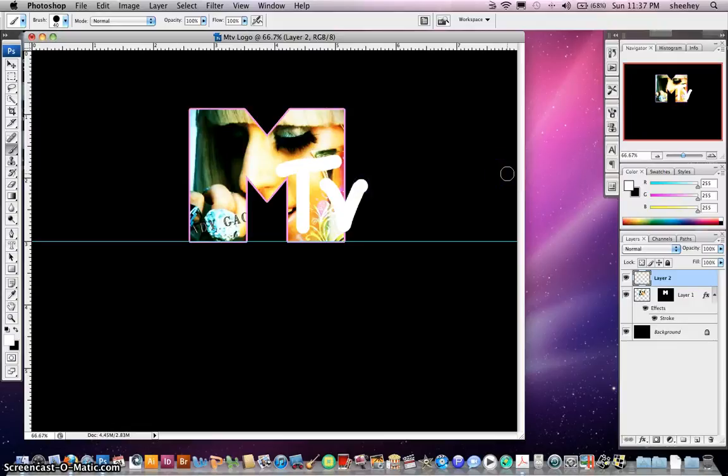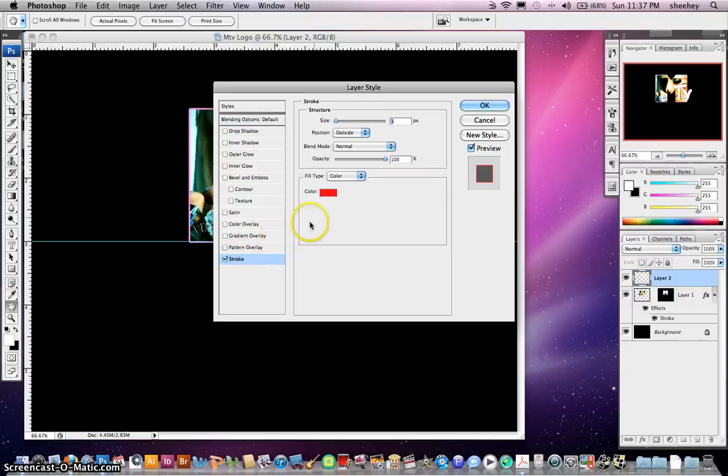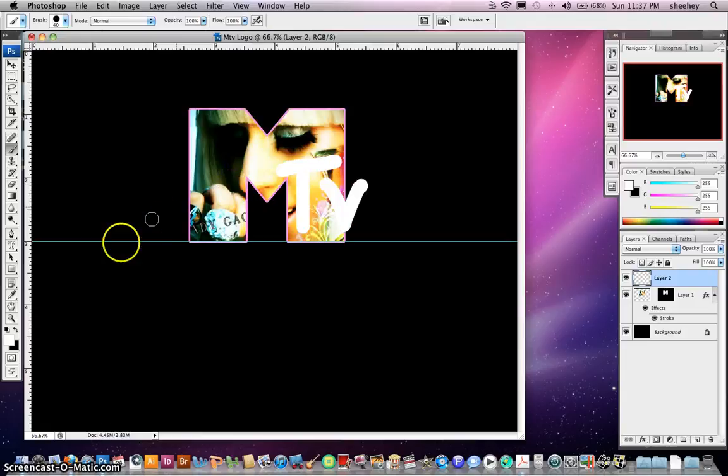That looks okay. Okay, I want to add a stroke to the TV because it really doesn't stand out. So I'm going to come over here, double click on the layer 2, click on stroke. Now let's outline the same color that I used on the M. Let me cancel out of here. I'm going to go back to this layer, go on stroke,